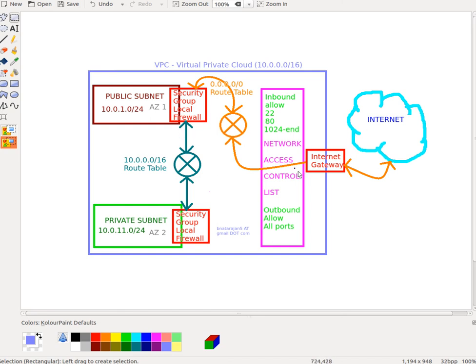When the SYN-ACK comes back, the SYN-ACK would get blocked. So the second packet itself would get dropped. That's what I would like to say about the NACL. Okay. So what we are going to do is, in the NACL, there is an inbound list and an outbound